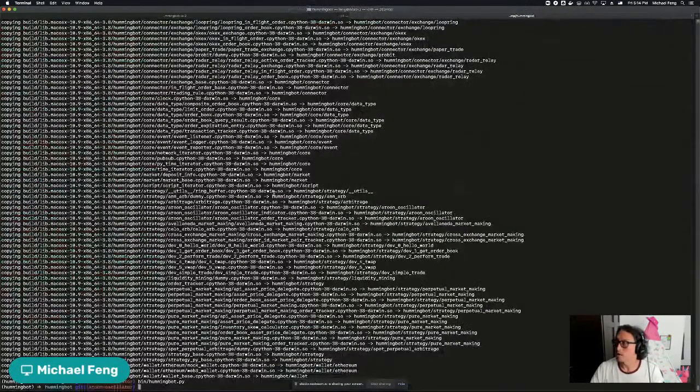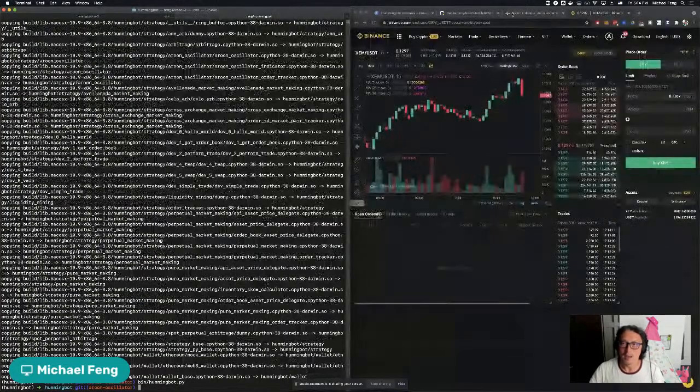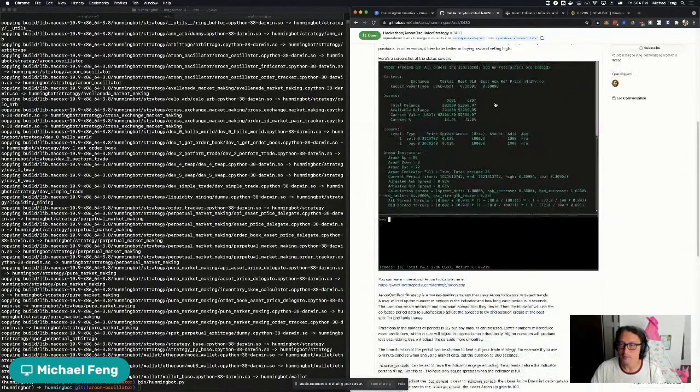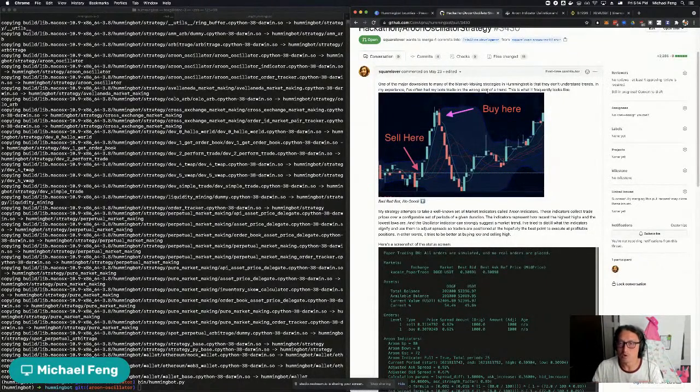and then I'll show you guys from the very get-go how this strategy works. One thing I've done here, as an FYI, is I have pulled this person's branch. This pull request is currently open in our GitHub because we're in the middle of creating a generalized indicator class that any strategy can import. The developer basically modified the pure market maker strategy to create a new strategy. So instead of merging this as is, we plan to create an indicator class and add this Aroon indicator to that class so that any strategy can use it. But overall, I think indicators are something that is sorely needed in Hummingbot,